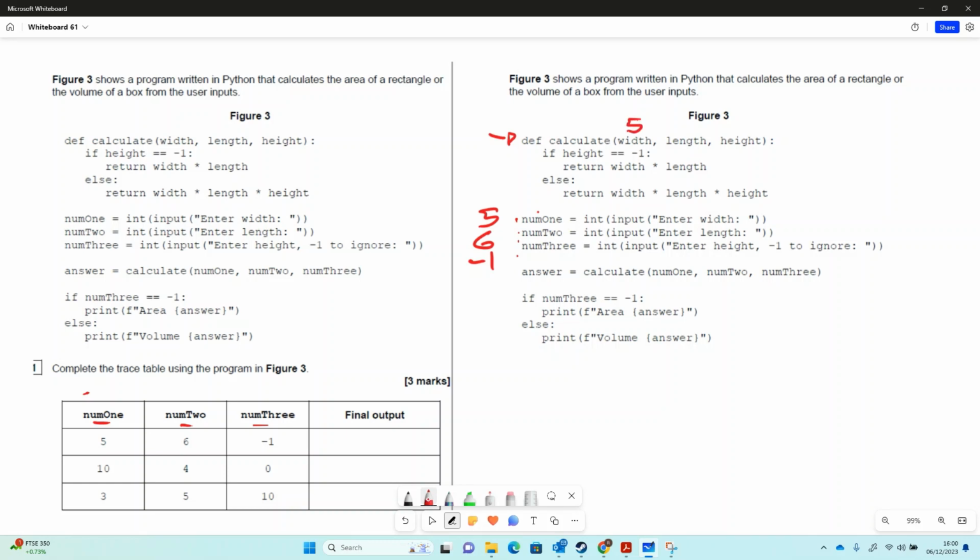So num1 is 5, num2 is 6, and num3 is -1. So anytime you're calling a function like this, you're going to have variable equals the function name and then the numbers in order. So